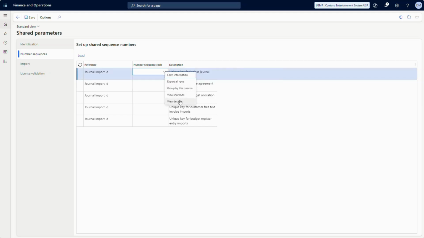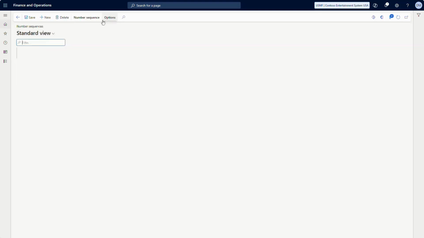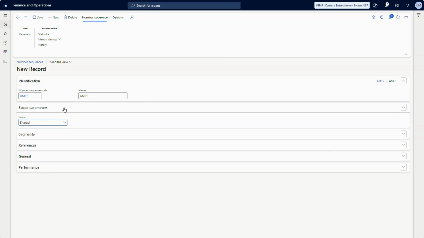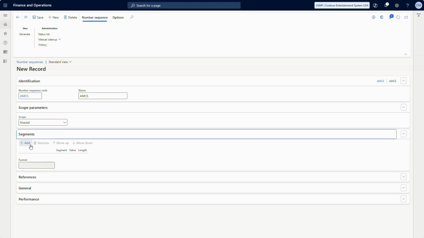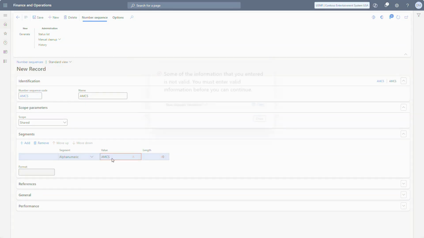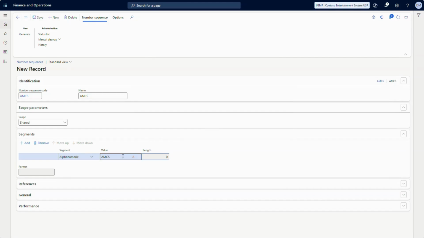Create a number sequence code for this purpose. This is simply to track within AMCS the different sequential imports. This has nothing to do with your journal batch number or voucher or anything else. It's simply for AMCS. I recommend putting in a constant of some sort at the front of your